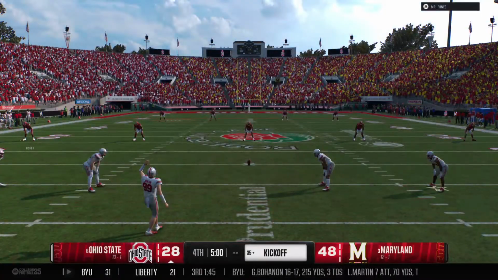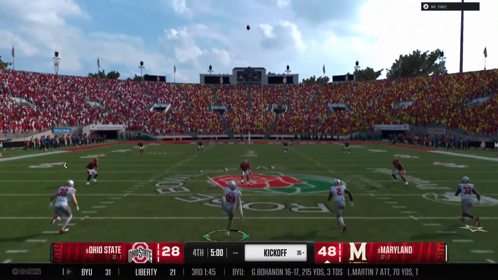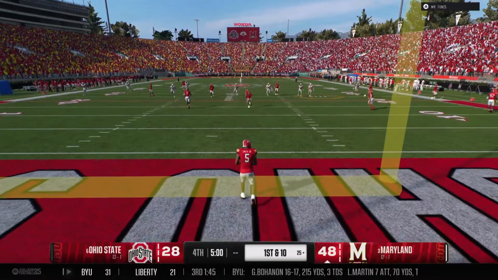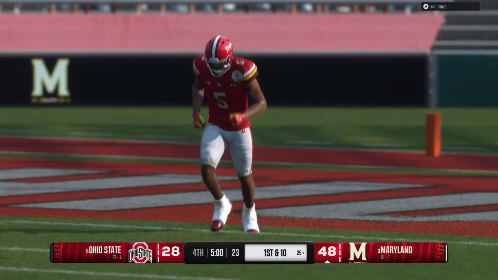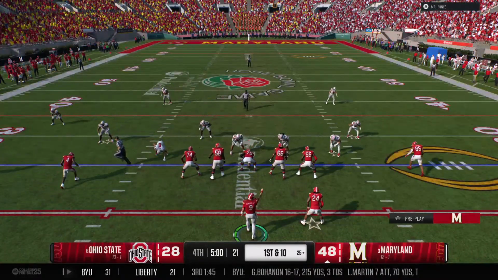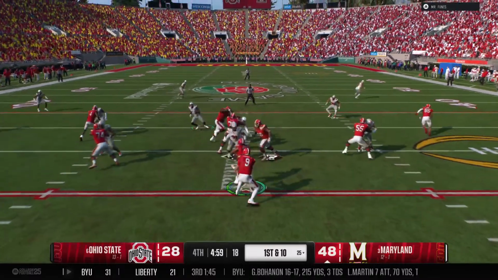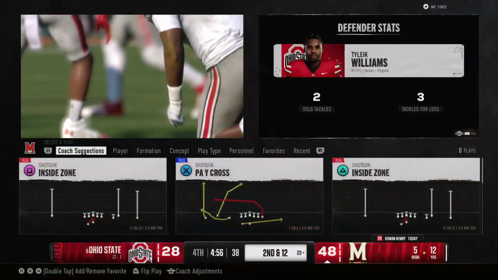Kickoff team is on the field to boot this one away. And the returner elects to fair catch it, no return. Back at it to start the quarter. Offense getting set to run a first down play. They'll run it from the gun. Tackled behind the line. It's a loss of 2.